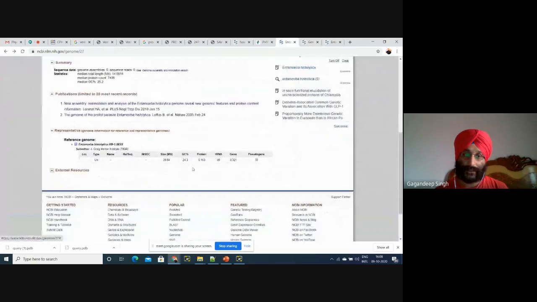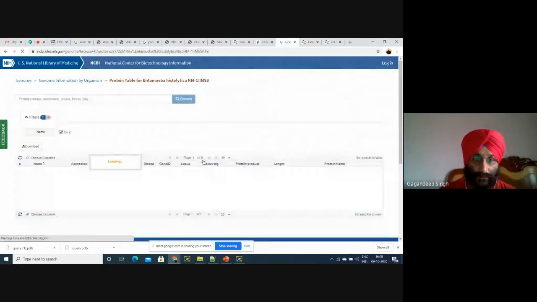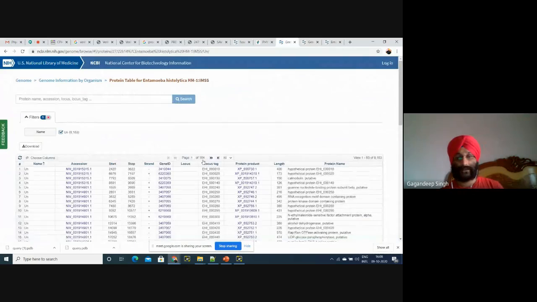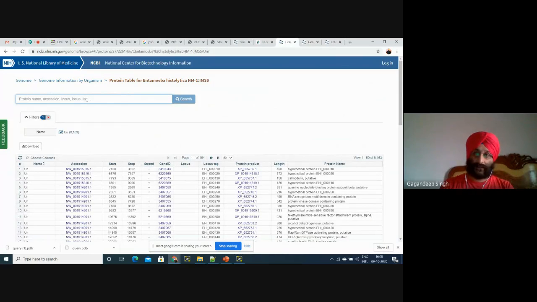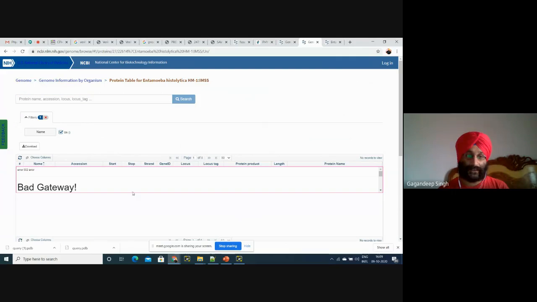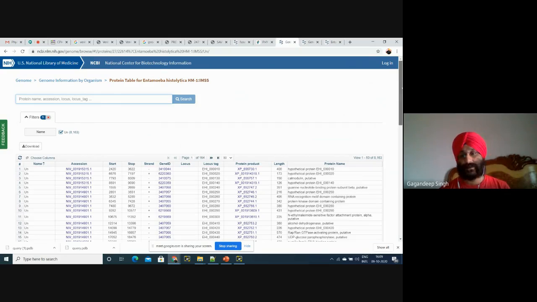You can select proteins. Yes, there are proteins. You will select, but this is general. When you have to select proteins from a particular strain, this is showing bad gateway. Maybe there is some upgrade or some other technical issue. But in general, the server is giving me all proteins.